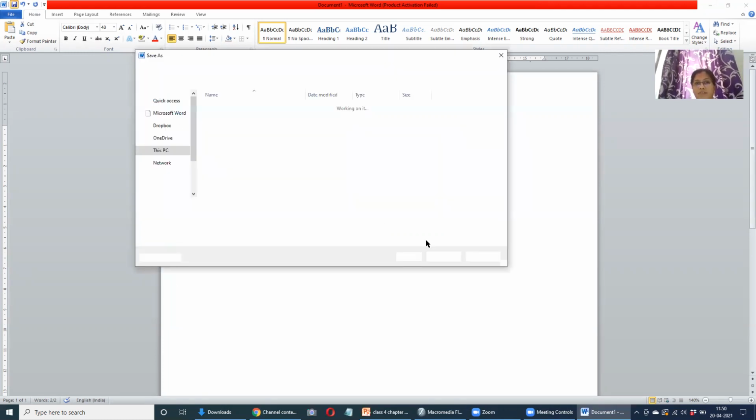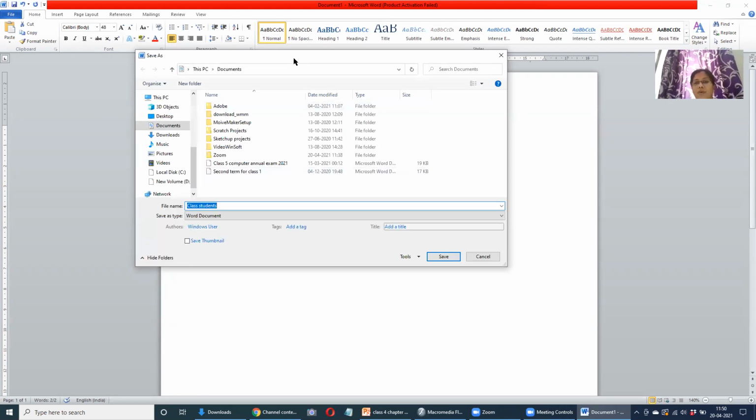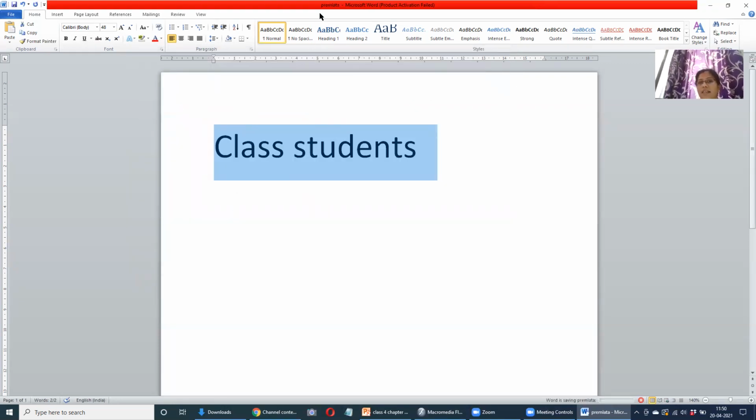See, when I click on the save option, this particular box which has appeared now is called the Save As dialog box. What is it called? Dialog box. Now, which dialog box is it? It is the Save As dialog box. Can you see here? It's called File name. So it is asking us to write a file name for it. So I have to give a file name. So what will I say? I'll write my name, Premlata. Yes. Now can you see on the screen, the file name has become Premlata now?